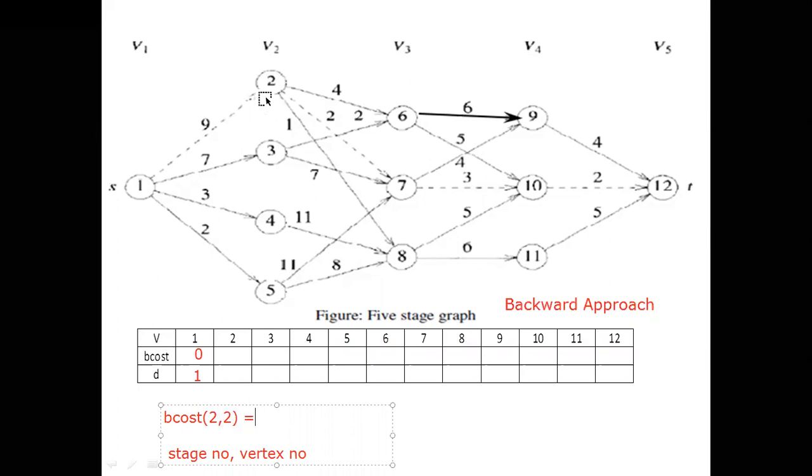Right. Unfortunately, there is only one edge coming here. We do not want to see here like what we did. If you want to find out 9 in the case of the forward approach, we will find it as the edge from 9 to 12 plus the cost of that 12, right? But here it is not like that. We have to see the backward way because it is the backward approach. For 2, you have to consider which edge is coming to 2. It is 1 to 2, and 9 is the weight of that edge, right?